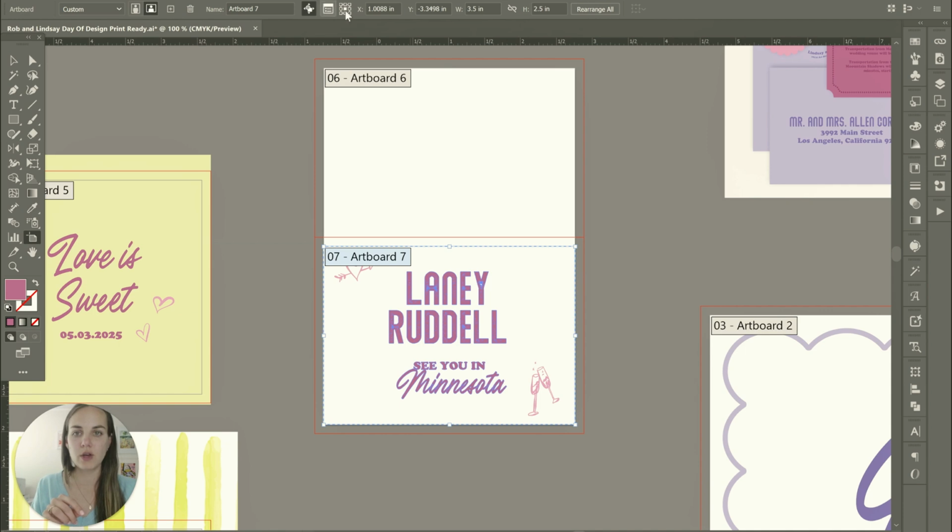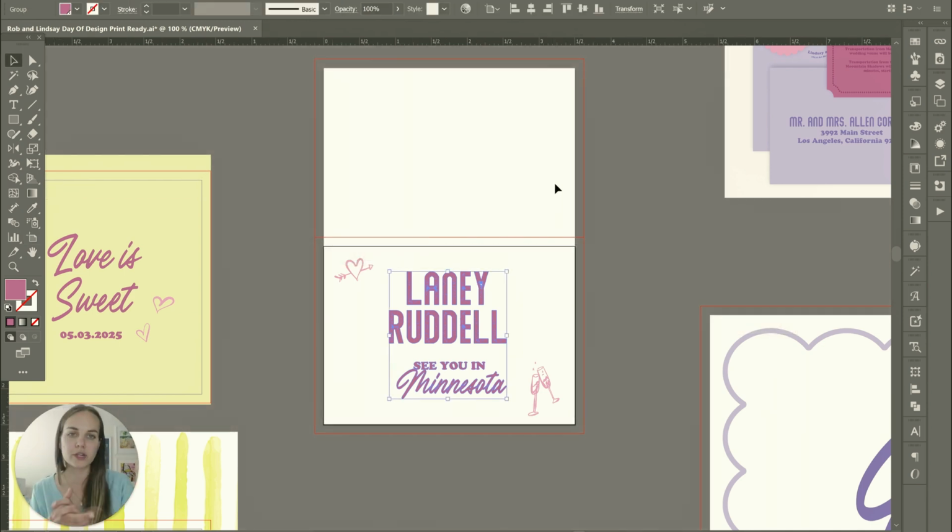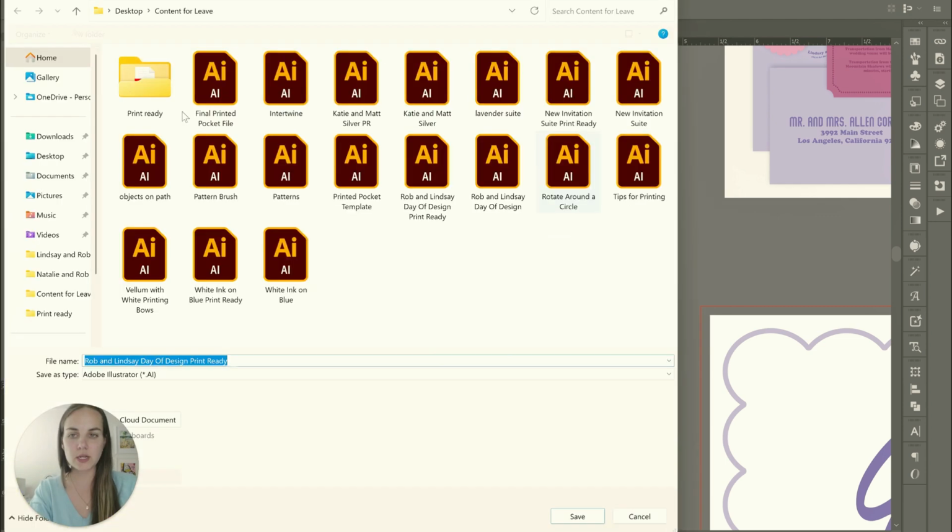diagram at the top, you can tell it to have a reference point in the bottom middle. And then when you change the size from 2.5 inches tall to 5 inches tall, it's just going to go up higher. And then you don't have to readjust everything. Everything will stay exactly where you wanted it to be. You can learn a lot of cool tricks like that for using Adobe Illustrator in our free Illustrator class, which I'll link below. So we'll save artboard number 6